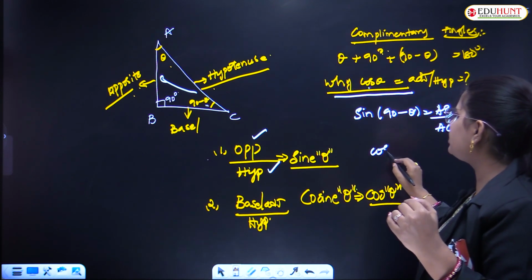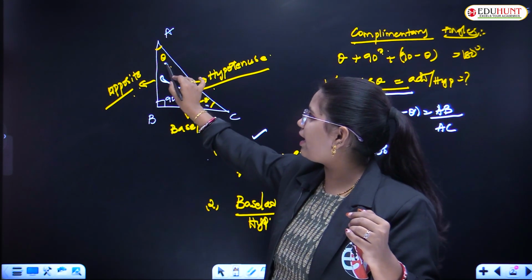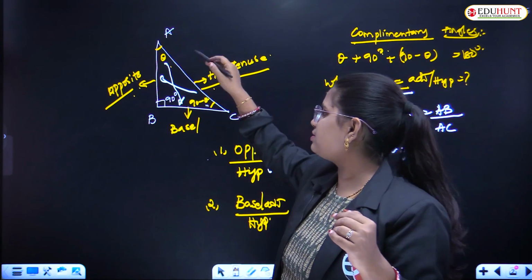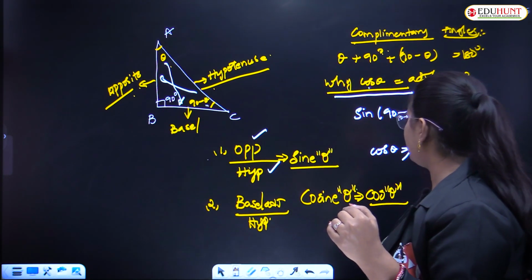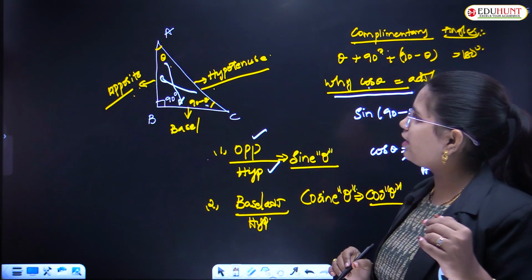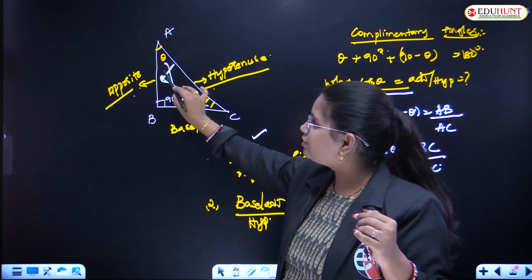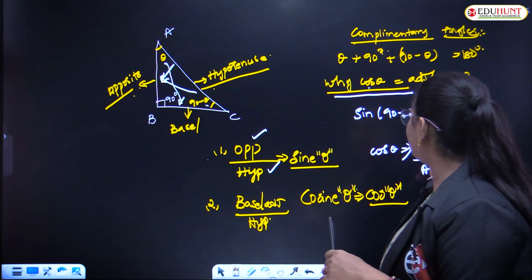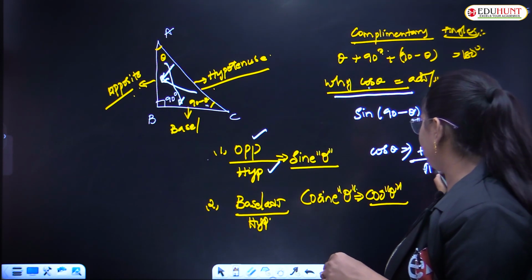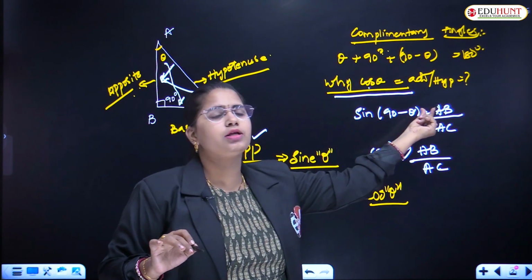And also, what is cos theta by the definition? Theta is here, and what is the adjacent side from this figure? This is my adjacent side. So from the definition, what is the longest side again? AC. Theta's adjacent side is AB, it's not BC, correct? AB upon AC. So from observing these two figures, sin 90 minus theta gives AB by